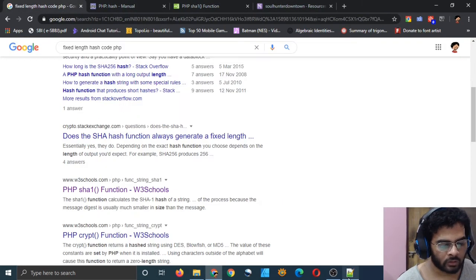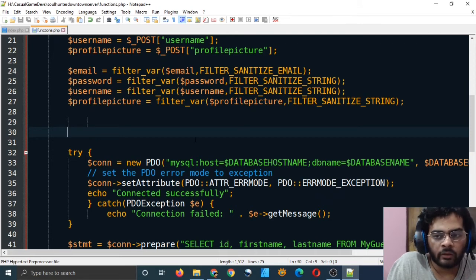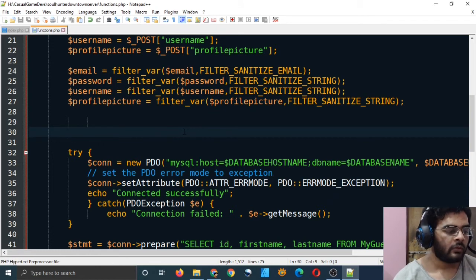So we can do one of two things. I can either change my varchar values to 255, which will be enough to store hash values. I think I will do that so that you can also learn about the alter command. So yesterday in the previous video we saw varchar in our MySQL command.